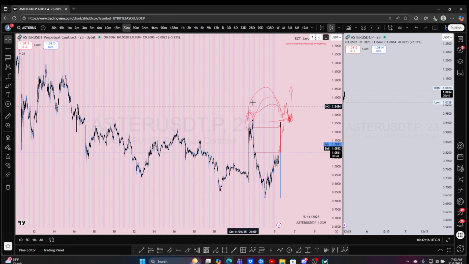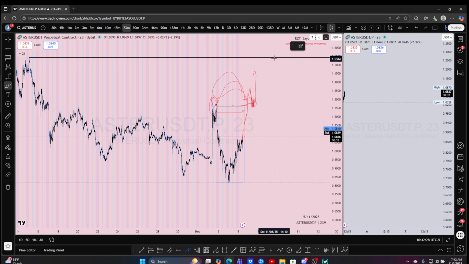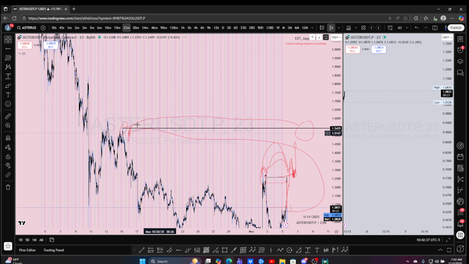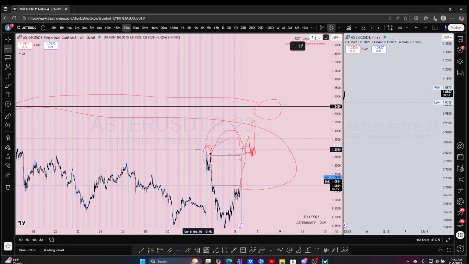to your next target. This is now you look left and now you can see there's so many targets to the left now. So if we are able to clear this high with new fair value, then your next level becomes this previous high. Only then. That's why you can't just sit here and guess that it will come here, right? You can't sit here and guess that it will just come here. You can have those targets, but again, it has to be validated first from current structure and current order flow to even know if we can even come up here.